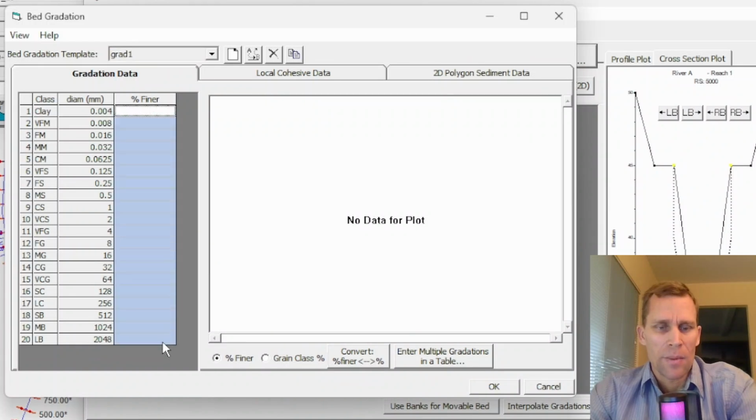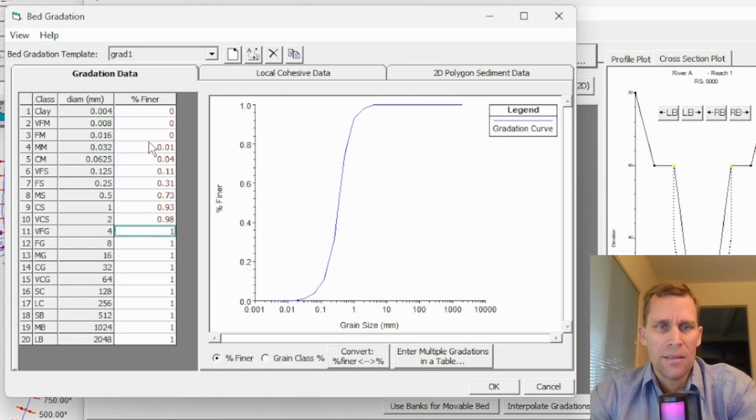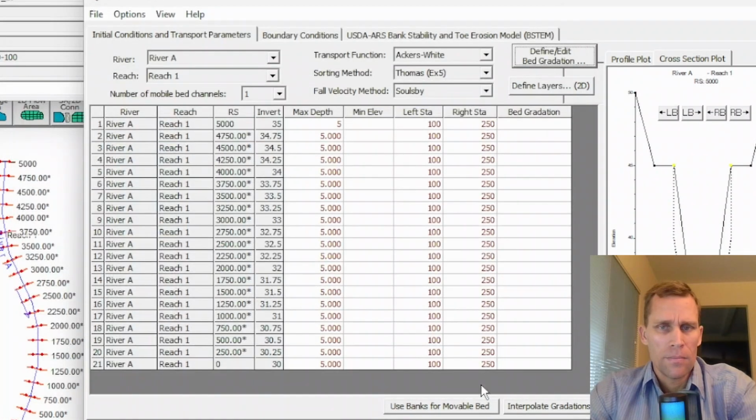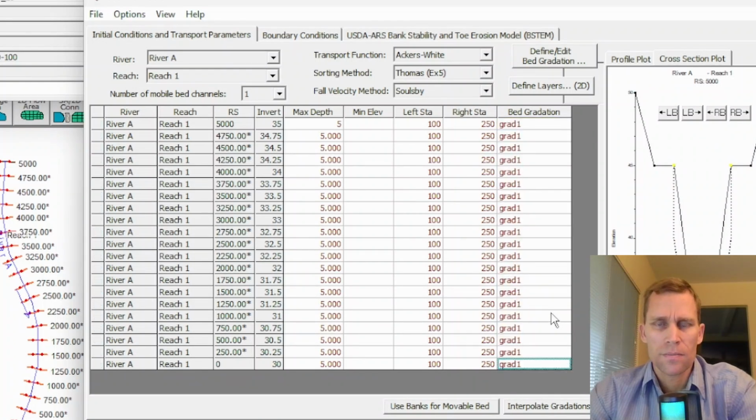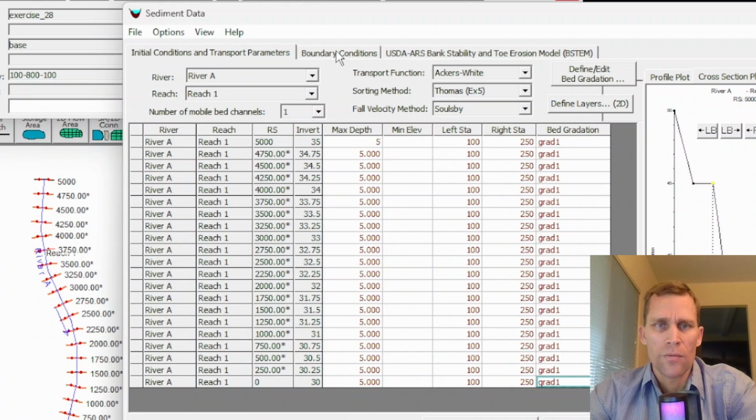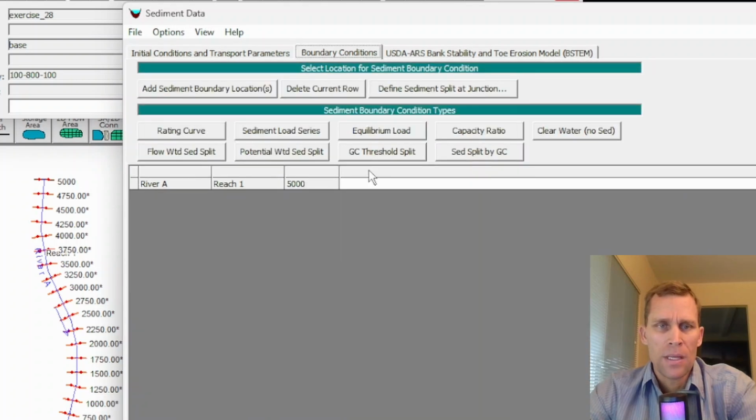And then I have it saved on my clipboard. So I'll paste that data in. And you can see the percent finer in that gradation curve right there. OK, so I'll click OK there. Now for bed gradation, I'll go ahead and make that assignment, and then I'll copy that down for all the cross sections. The next thing to do for the sediment is go over to the Boundary Conditions tab, and I'll